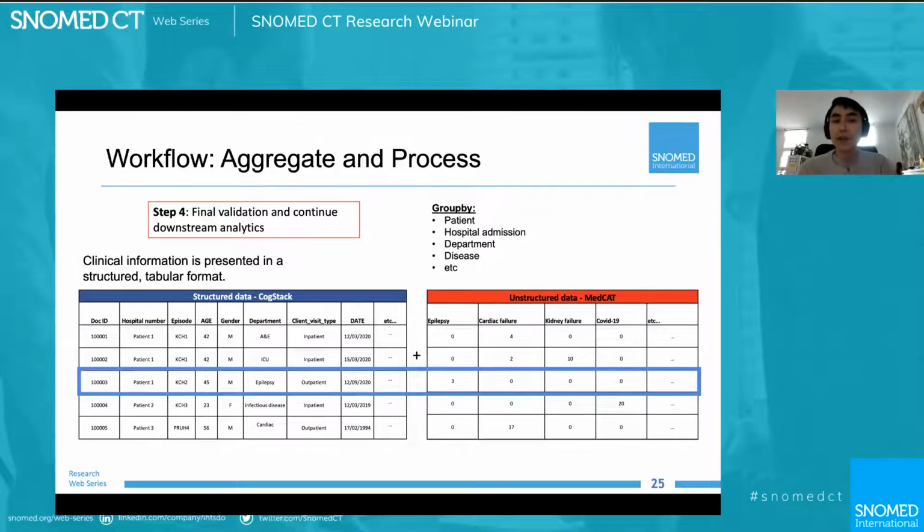The fourth and final step is really just your validation, and to bring it together with your structured data, your structured data being a lot of the metadata. When did they attend? Which department did they attend? Are they an outpatient or an inpatient? Were they admitted? When did this happen? And the specific document ID as well. You can piece it together with the now structured data set. And that's what we have looked to do, and that's essentially the entire process.